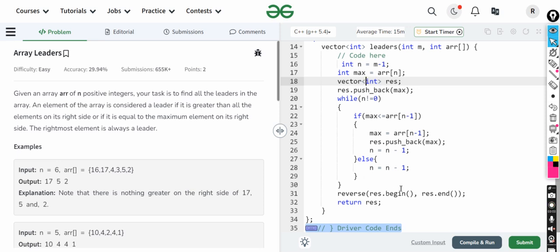And if not, we'll just reduce it and we'll complete our loop. After the loop, we'll reverse our array, because we'll have smaller to greater values, but we want greater to smaller values, so we'll reverse it and return the whole array.